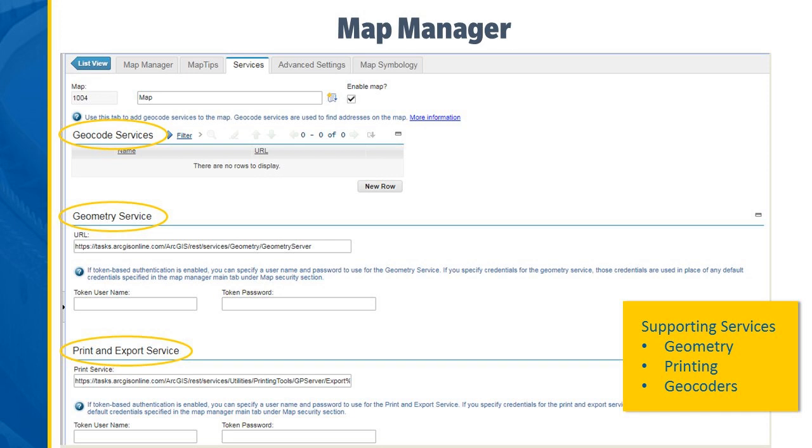So a couple of the other features that I want to highlight, again, you can see at the top, we've got several tabs: map tips, advanced settings, and map symbology. We're not going to talk about those things today, but we do want to talk to you a little bit